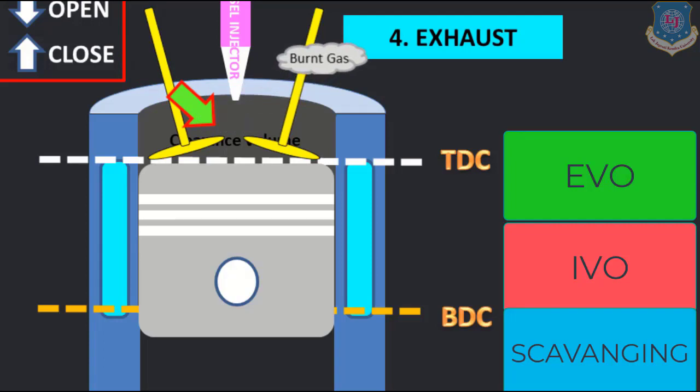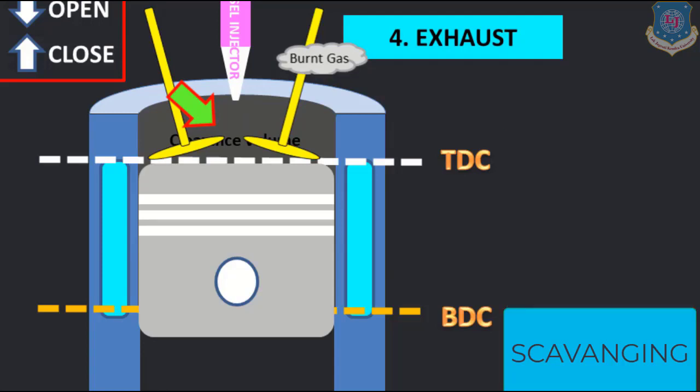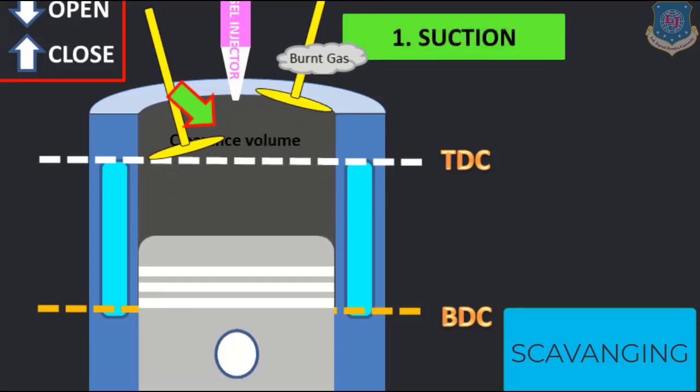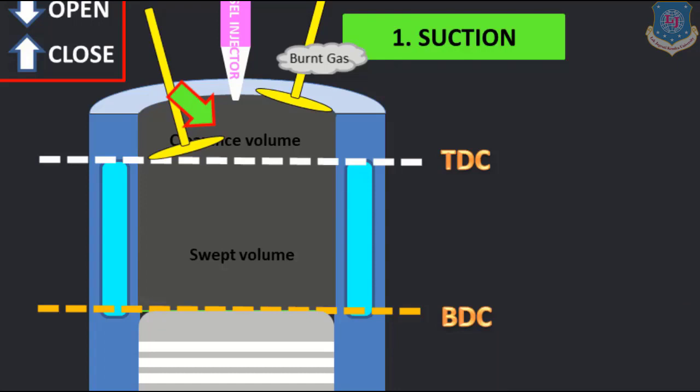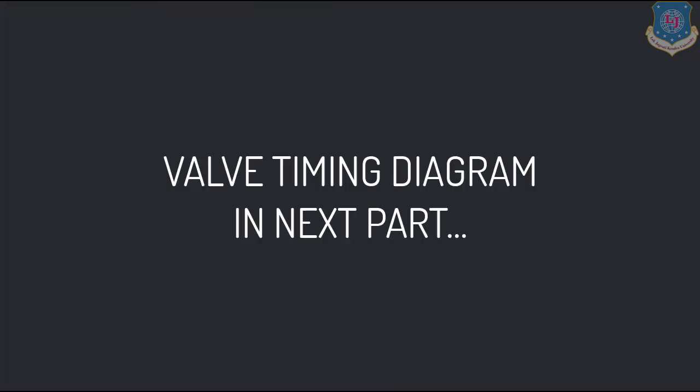Clear? The scavenging method is used in 2-stroke engines, in 4-stroke petrol and in 4-stroke diesel. Everywhere scavenging is used to clean up the exhaust gases trapped inside the clearance volume. Here you have seen all the exhaust gas go outside, and as the inlet valve is open, the inlet will be done and suction is done. So that is our diesel engine, how it works.